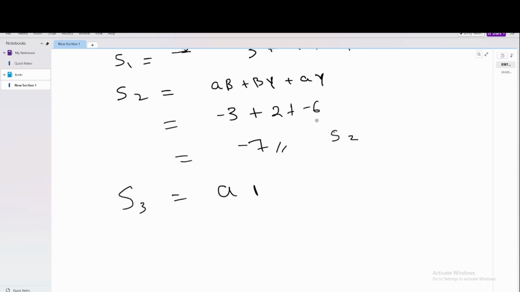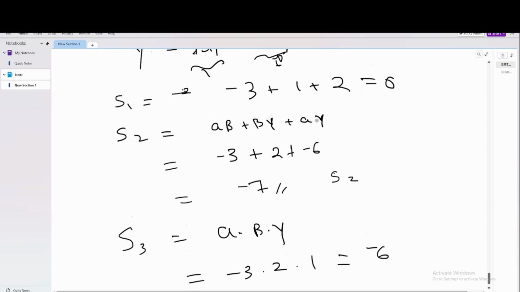the product of alpha, beta, gamma. So that will be minus 3 into 2 into 1, which is equal to minus 6. So